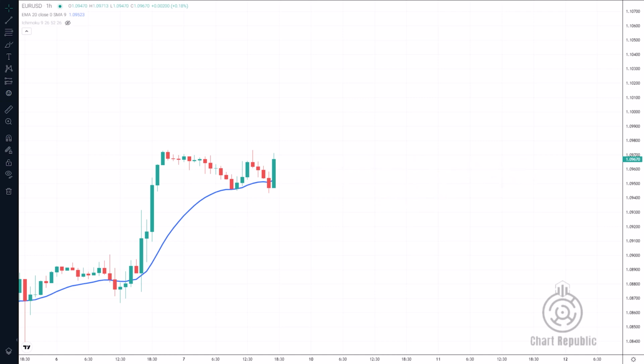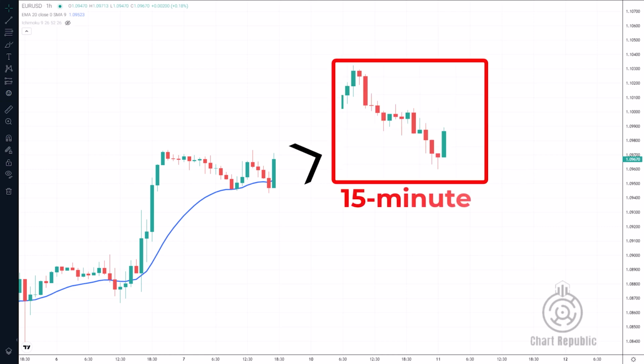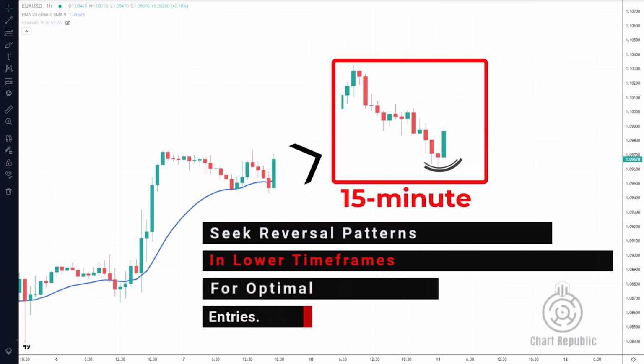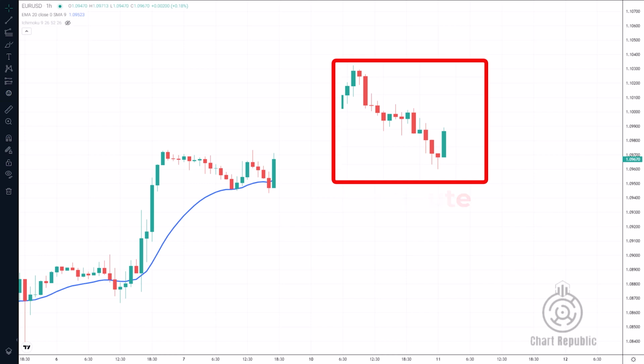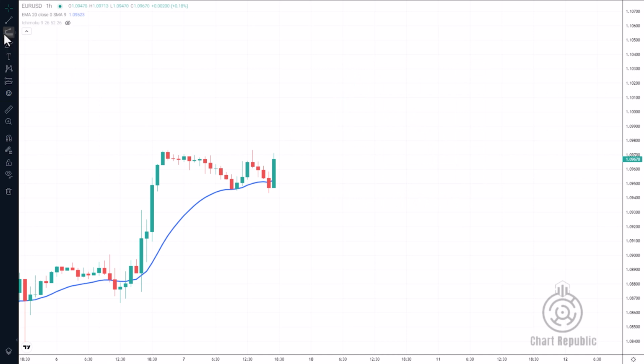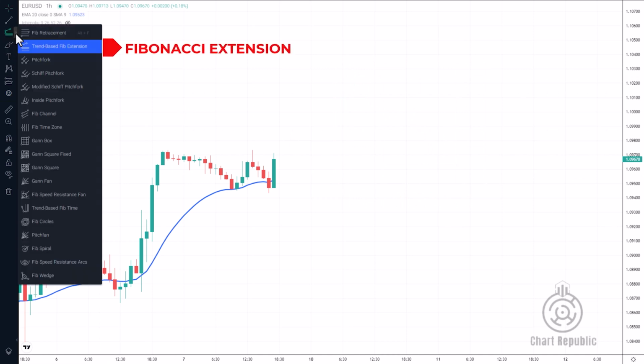When considering whether to take a long or sell position after the second pullback, I advise looking for reversal patterns in lower time frames for an ideal entry. This is because sometimes the second price rejection happens quickly, potentially causing a missed trading opportunity with a good reward to risk ratio. When it comes to finding the right spot to set the take profit, I usually turn to